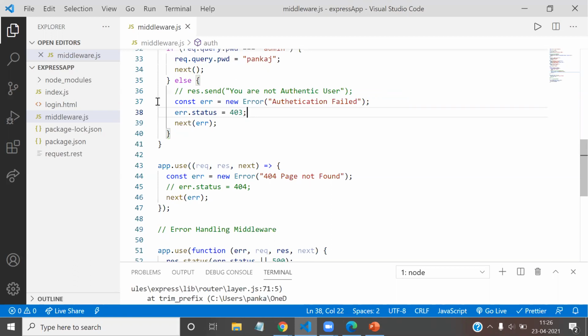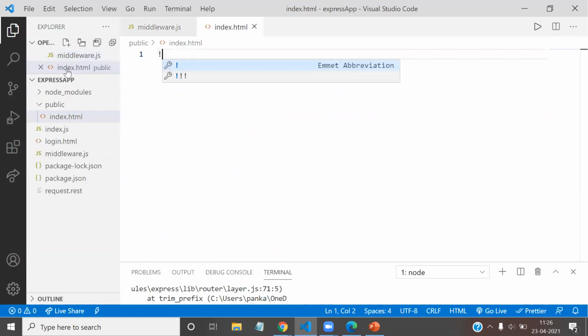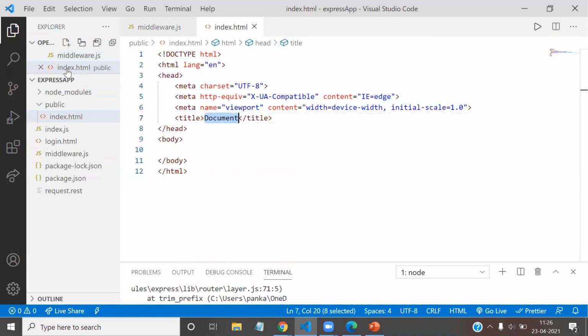So let me create index.html, and because I want it to be a static resource, for that we have to create a new folder. I'm making this a public resource, so I create a public folder to be available as a static resource. In the public folder, we are going to create index.html. Now let me create the skeleton, and I'm saying home page.